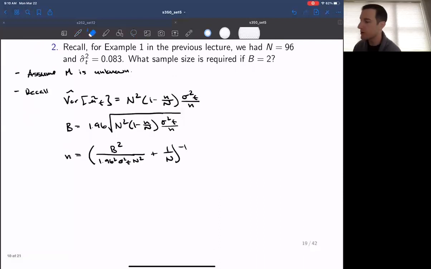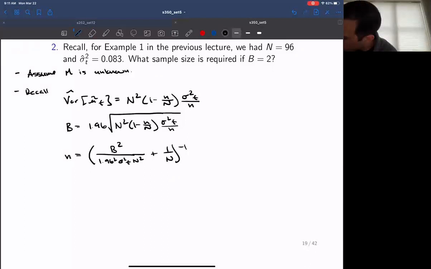Right, so hopefully that looks familiar to you. Again, this is a rearrangement that we've done on a couple of occasions already. So this form is something that we should hopefully recognize at this point because we've seen it in the SRS case and even in the systematic sampling case because those use SRS. And we had similar forms when we wanted to break down each of the different strata components as well. So those ones are obviously a bit more complicated because we had to have the sums across the strata, weights and whatnot involved. Okay, so this is going to give us 2 squared divided by 1.96 squared